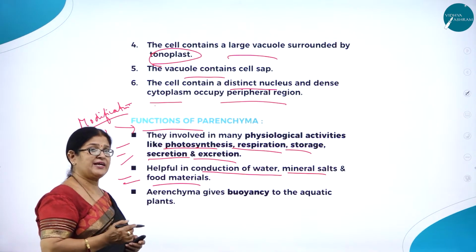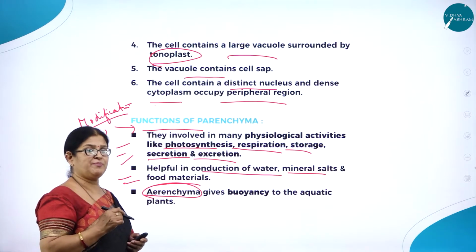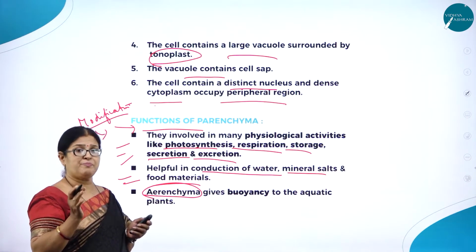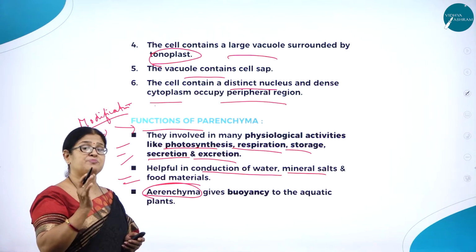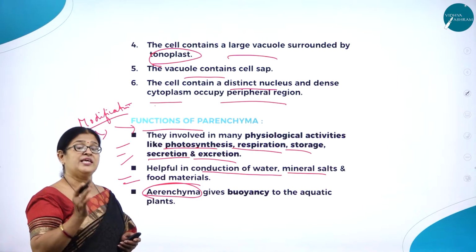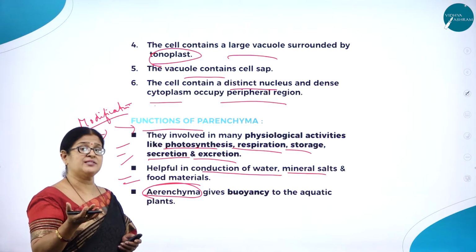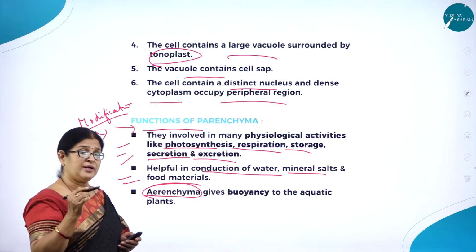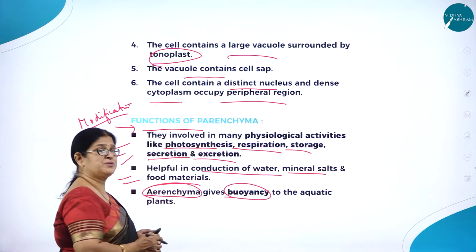As I said, aerenchyma tissue is a modified parenchyma tissue. I hope you might have come across the large intercellular spaces. What you have seen in between two cells in parenchyma tissue is filled with air. And that air will reduce the specific gravity of the cells, thereby helping the cells to float on the surface of the water. It makes the cells lightweight so that they can float on the surface of the water, helping in a property called buoyancy. So, aerenchyma tissue helps in buoyancy.